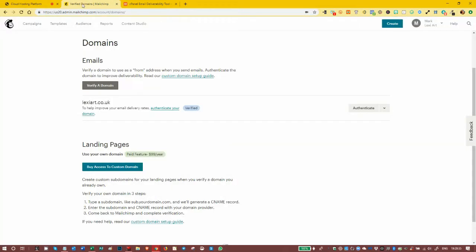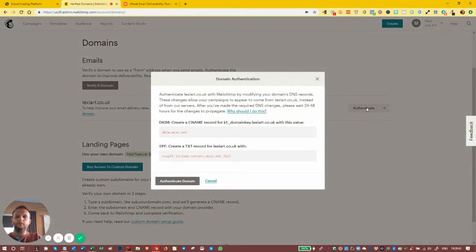But what we're going to do is go back to Mailchimp. We've got this big button on the right-hand side that says Authenticate. And when you click on that, it tells you what you should be doing. Basically, we should be creating a DKIM, a CNAME record, and a TXT record. So if we go back to that help file,